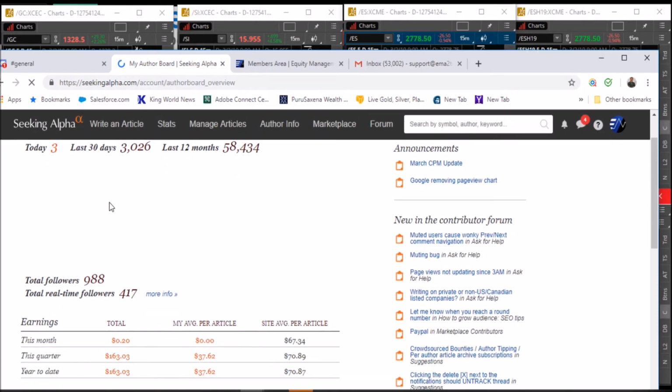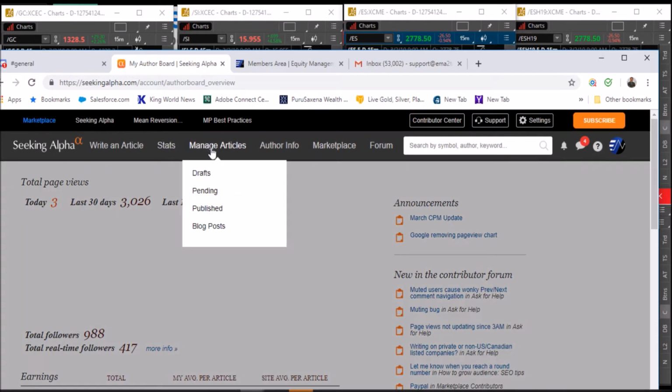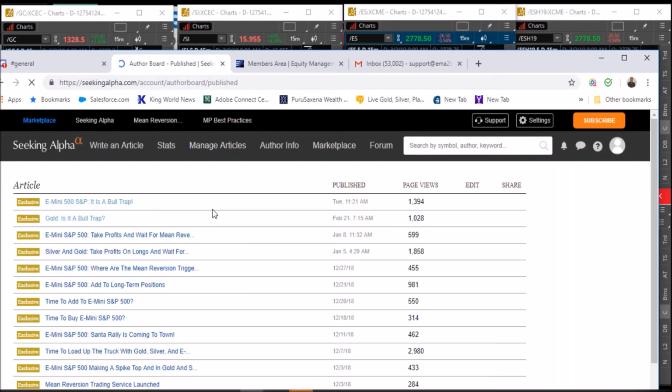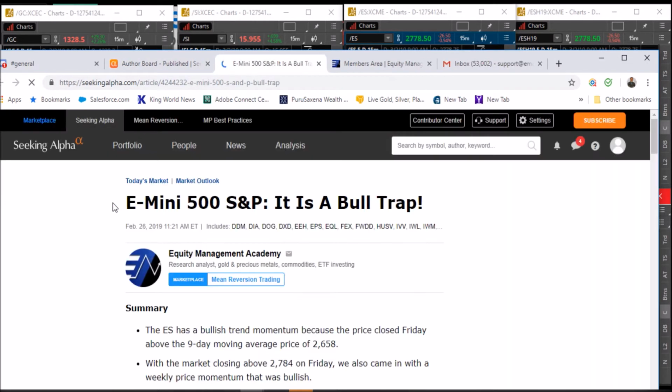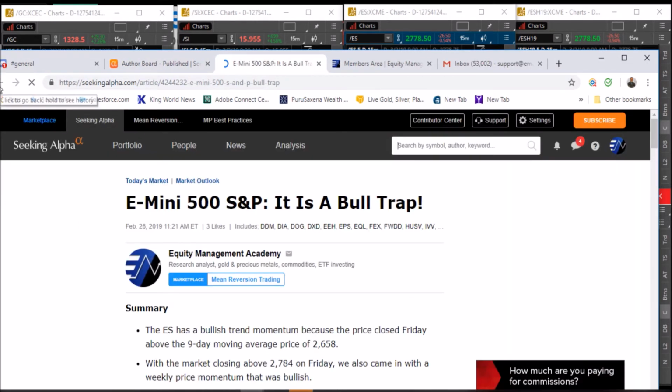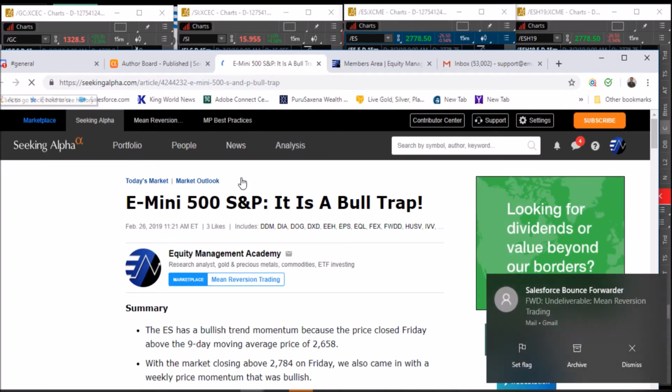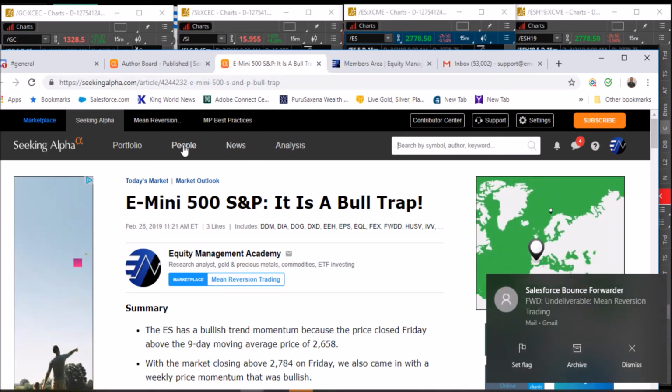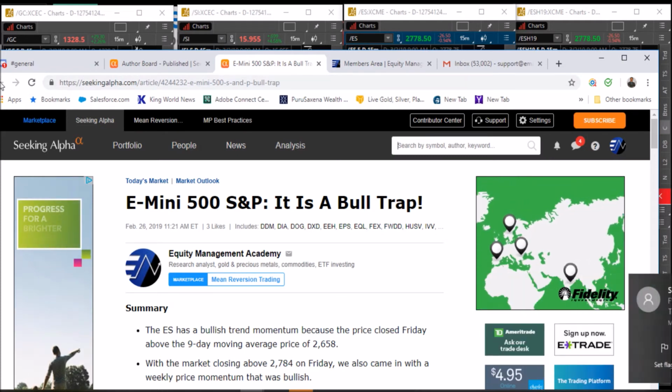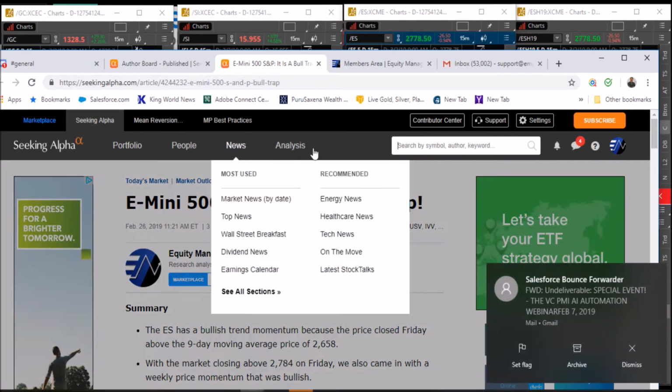We write quite frequently in Seeking Alpha, and you could take a look at the latest report that I published there on Tuesday of last week, in which I basically anticipate that the E-mini S&P is a bull trap,